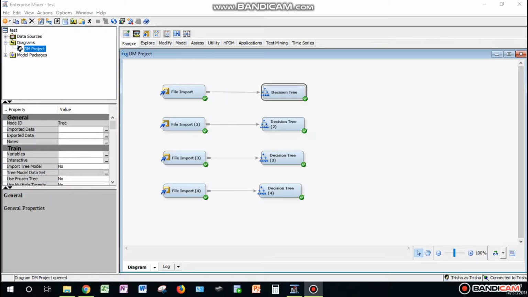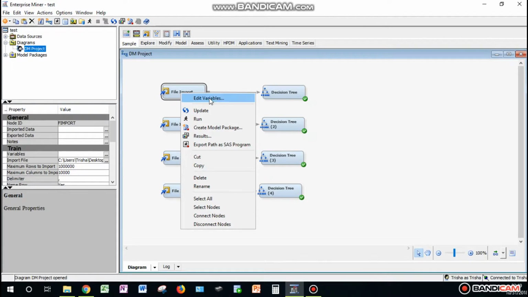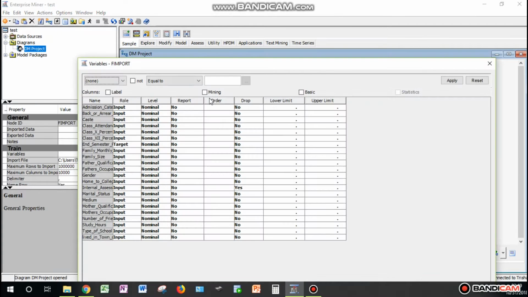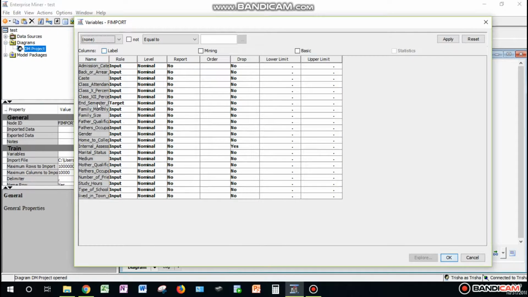We use SAS Enterprise Miner to analyze this data, and we focus mostly on decision tree algorithms, as you can see here. We have 4 different models because as we ran each model, they would give us a very specific outcome that we then wanted to delve into deeper to understand what was causing that outcome. So the first model that we ran, we didn't really restrict any variables. We were just interested in what was causing a student to perform very well in college.